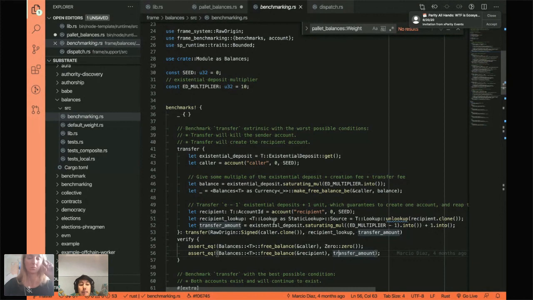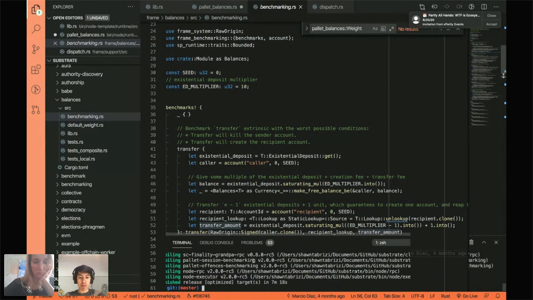And then I can compile my node with a special feature. Let me open my command line. I would basically compile my thing with a special feature.